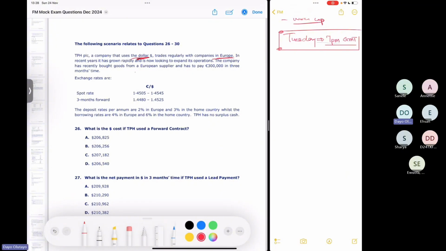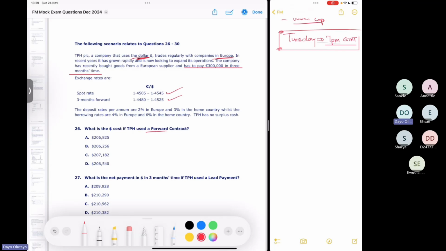The company has recently bought goods and is asked to pay 300,000 euro in 3 months' time. The exchange rates they're giving us are the spot rate and the 3 months forward rate. Now the question is,